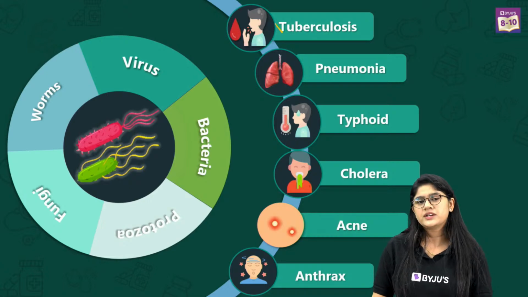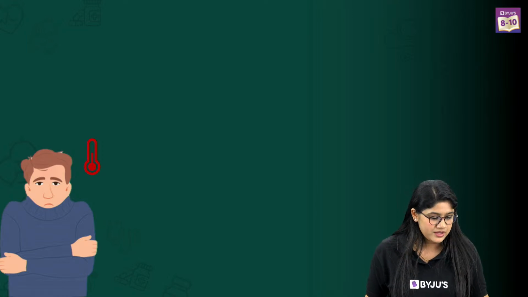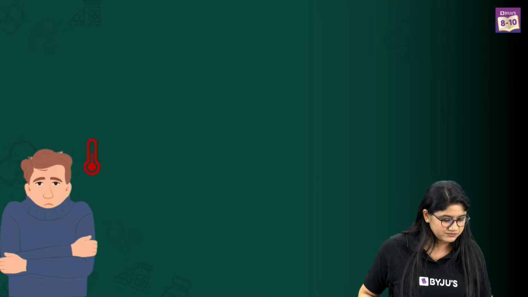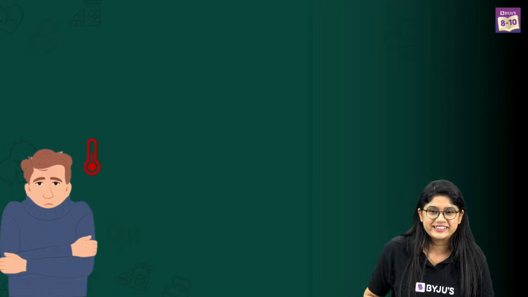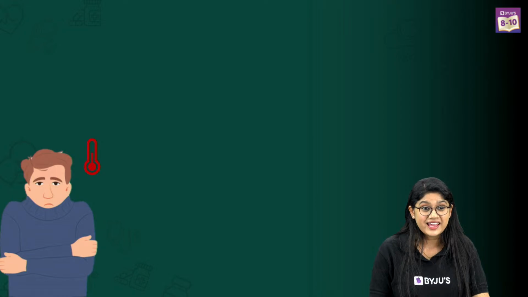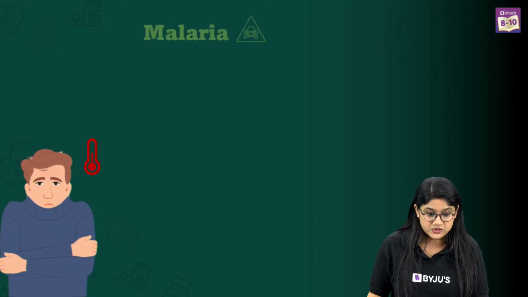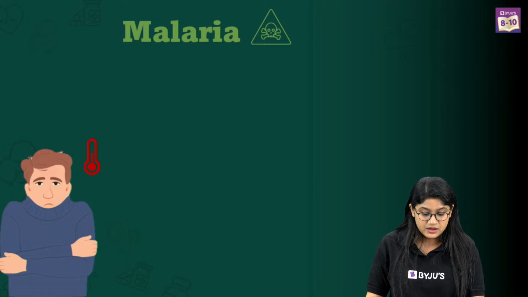Now, let's move ahead to a very special type of infectious agent, right? What is happening over here? Can you guess what is happening over here? This person definitely has a fever and is actually feeling cold. Yeah, fever. But in the fever, the person is feeling cold, and of course we see this in malaria,